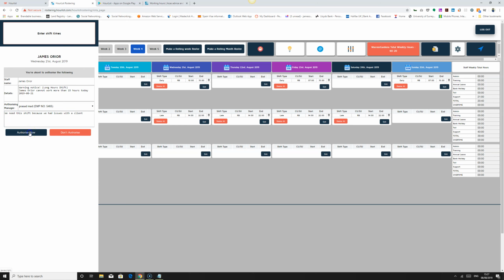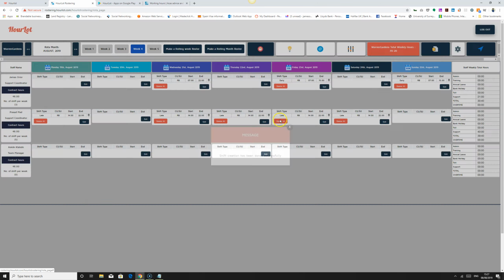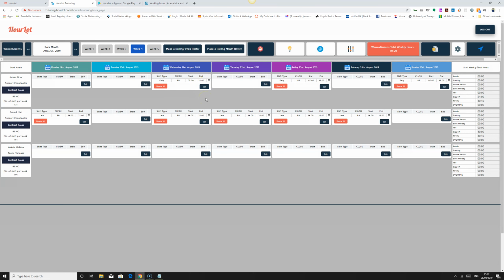And immediately we hit the authorize button, that shift is entered into the database. That means that person can be scheduled for that shift and can work that shift. It will not be this person's fault. It will be the fault of the person authorizing the shift, who knows that they are authorizing this person to work more than the 12 hours that is recommended on the rota. And that is how you enforce maximum daily hours on our rostering.